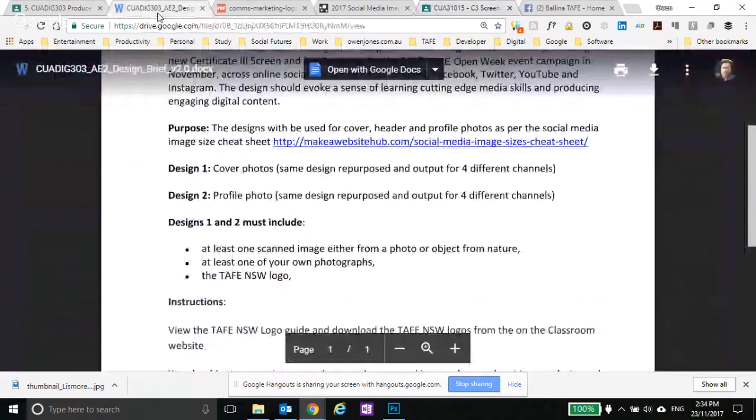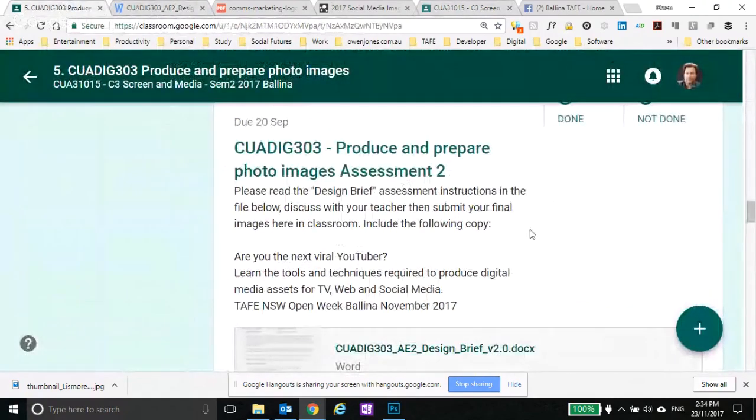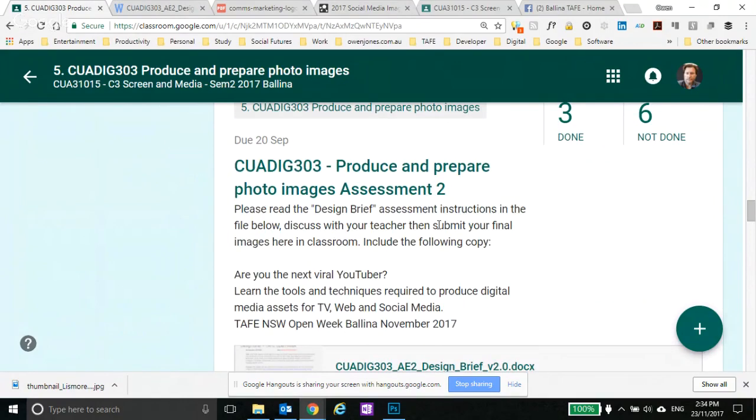Here we are. We're going to go through how to make a Facebook cover photo in the unit for produce and prepare photo images, assessment 2. On the classroom page, we have the assessment